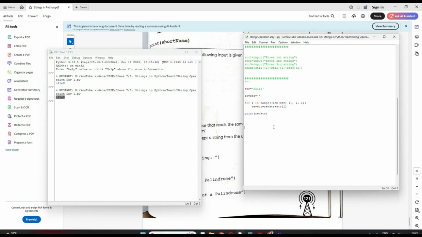Now for palindrome, you just need to check if str is equal to RV. If this is true, print